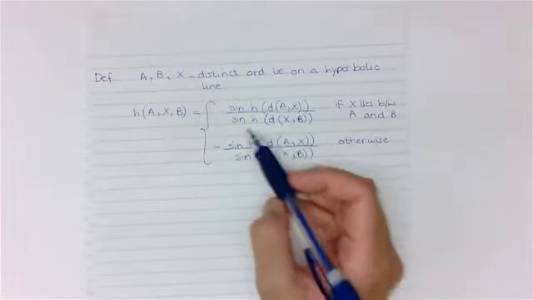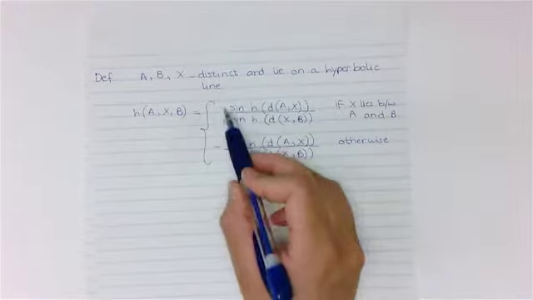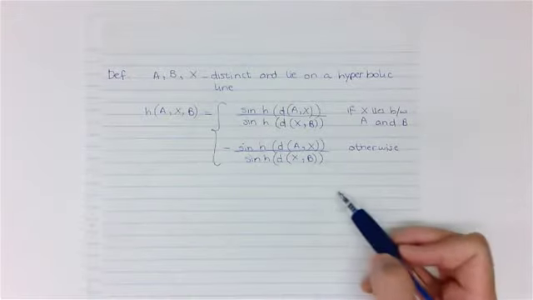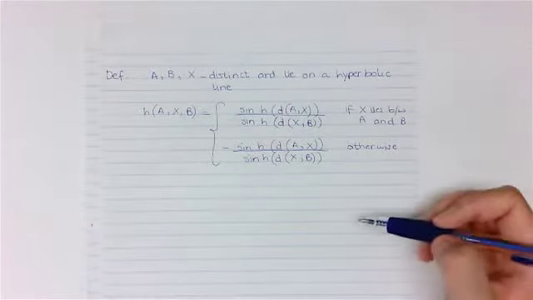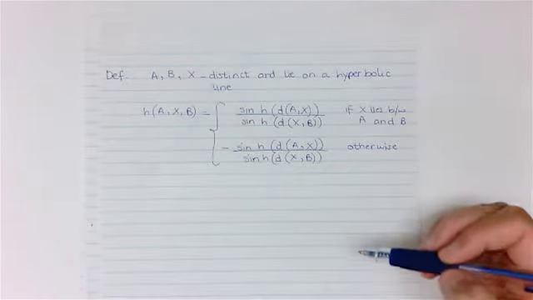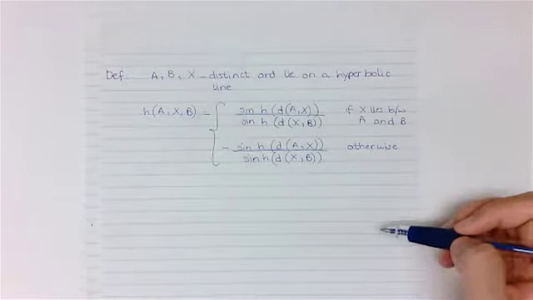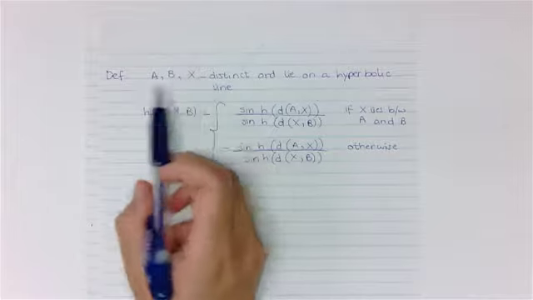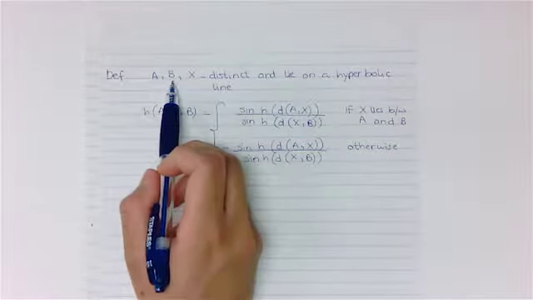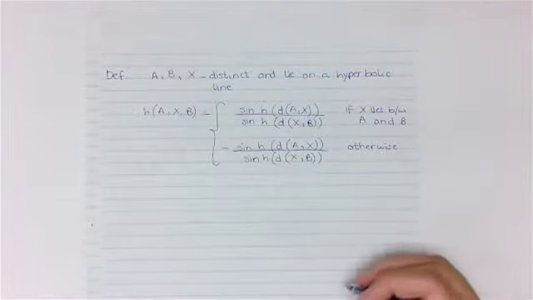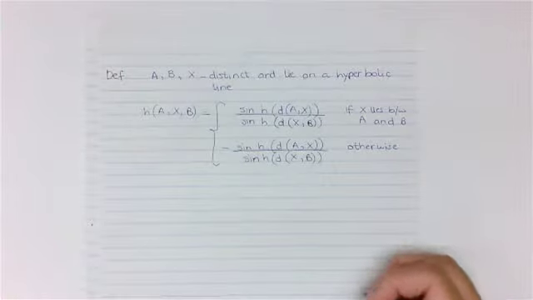And of course, as mentioned, this is the hyperbolic sine function. From this definition, we can see that the hyperbolic ratio of points A, B, and X determines the position of point X relative to points A and B. We are now ready to define Menelaus' theorem in hyperbolic geometry, which is,